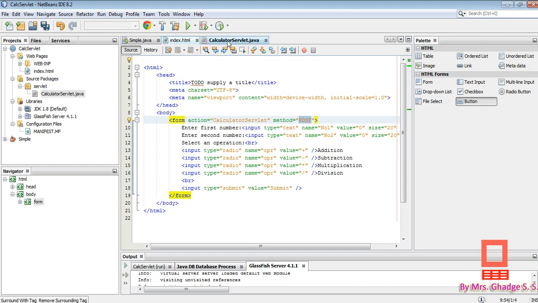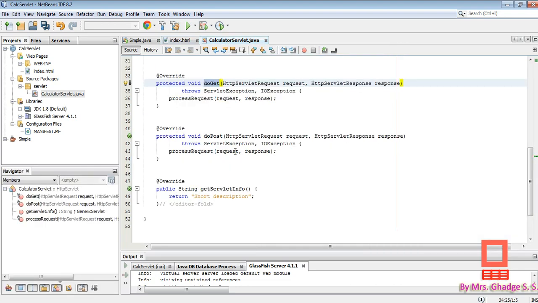That means in the calculator servlet application it is going to call the doPost method. Here is the doPost method, which takes two parameters, HttpServletRequest and HttpServletResponse. Similarly doGet also has two parameters, HttpServletRequest and HttpServletResponse. Both methods, doGet and doPost, are almost similar. Only the name differs.